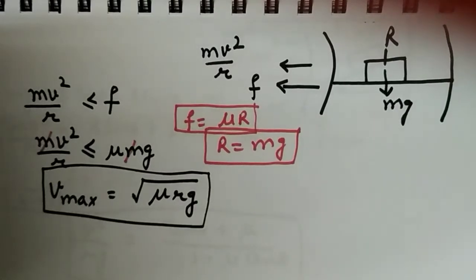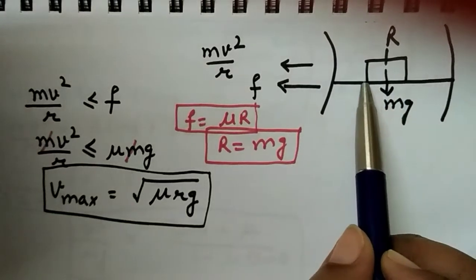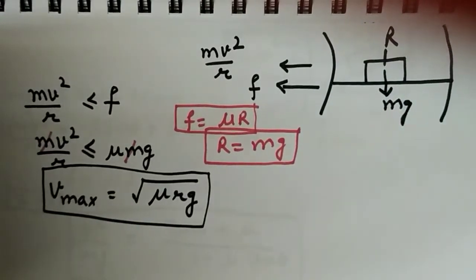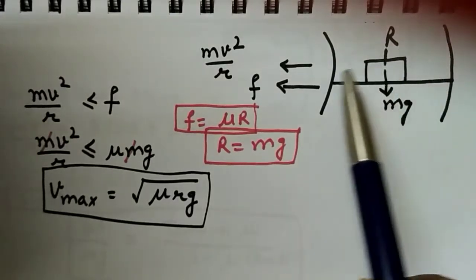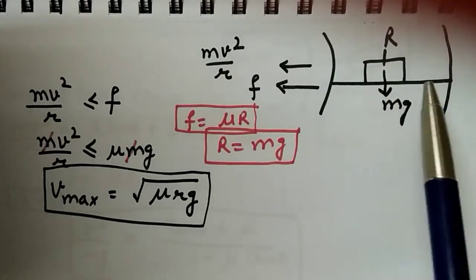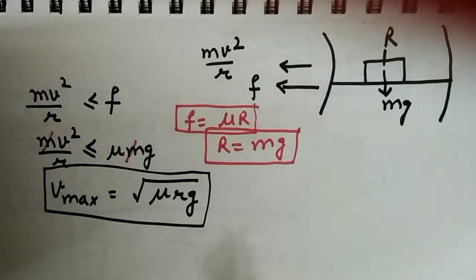This case is similar to the previous one, but in this one what we are assuming is, let us say there is a curved path and we have not banked the road, but instead of banking, friction is always there between the wheels of the car and the floor. So in this case we are assuming friction. Well, this is a car which is lying on an unbanked road. There is no banking, but frictional force is there.